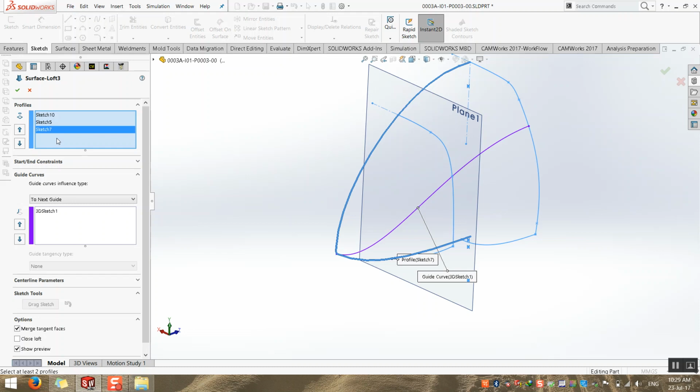Okay, but in this case we have a problem. Profile and the profile is very good. This is